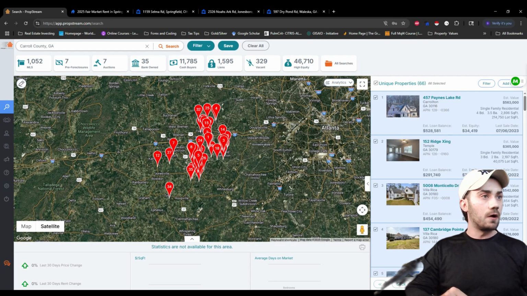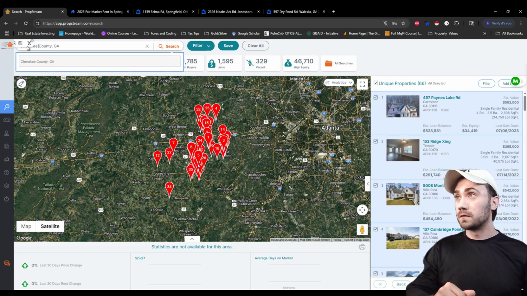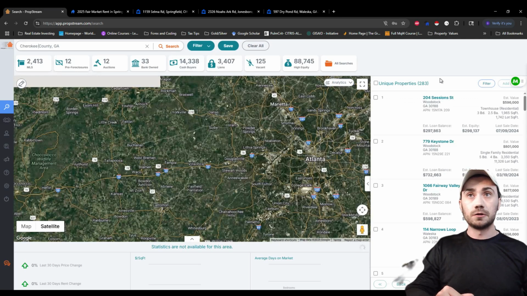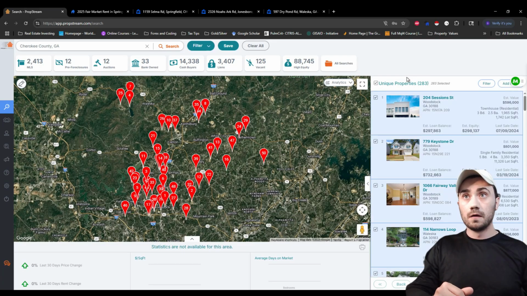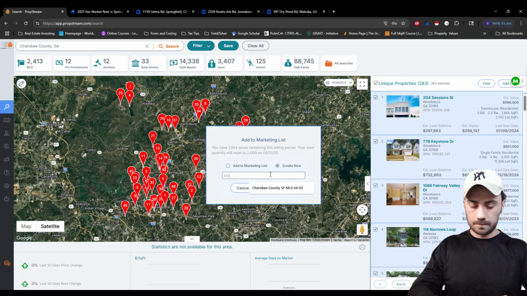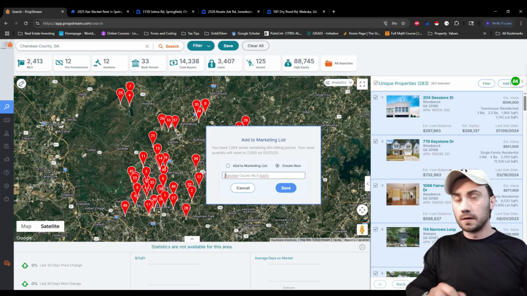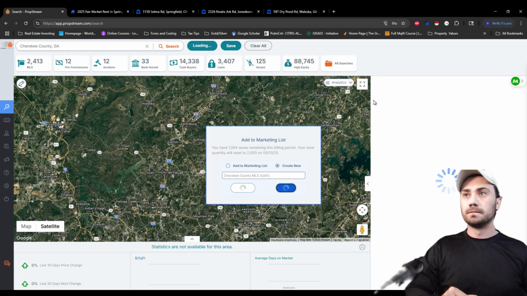Good. So now we have Cherokee County. Cherokee County is going to be my last county that I'm going to be targeting, at least in today's lesson. So I'm going to put that in here within the PropStream search bar, Cherokee County, Georgia. And we have a lot of properties here, so this is wonderful. This is going to be a very good list. So we're going to now add this list, create a new one, put in Cherokee County, MLS Sub 2. And that is good enough. This is going to be the CSV file name. Now once we click save,